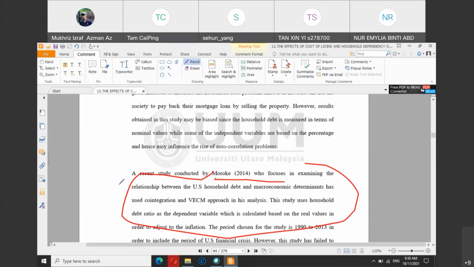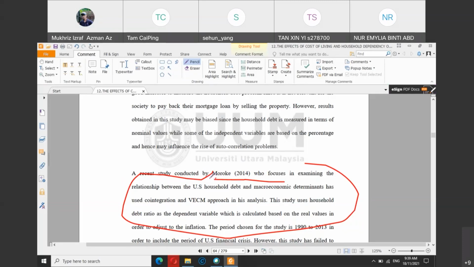There's a lot of dark clouds in the sky. So meaning that the sentence is still similar, the context is still the same, but the sentence structure is different. So you can say according to Mukris 2021, on Thursday 18th of November, there's a lot of dark clouds in the sky. So basically you are trying to rewrite, but the meaning must be the same.